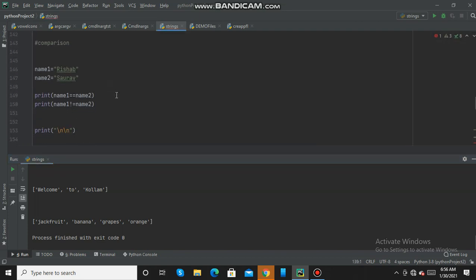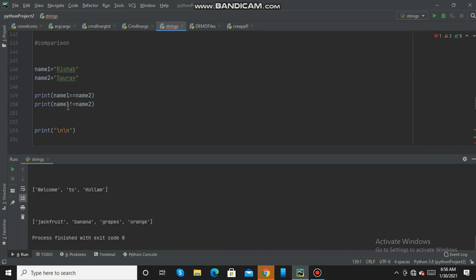Now comparison. Here I am having name 1 and name 2 as Rishabh and Saurabh. So name 1 is equal to name 2. Print name 1 is equal to name 2. It will return a boolean. So name 1 is equal to name 2 is false because both are different names. And name 1 not equal to name 2 is true because both are different names.